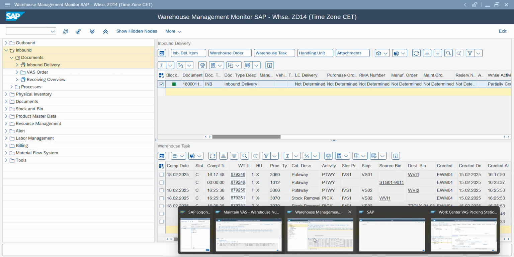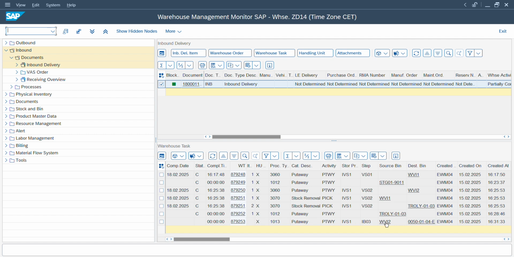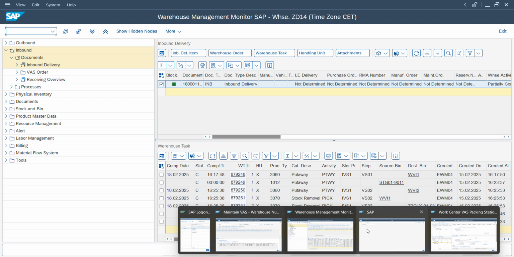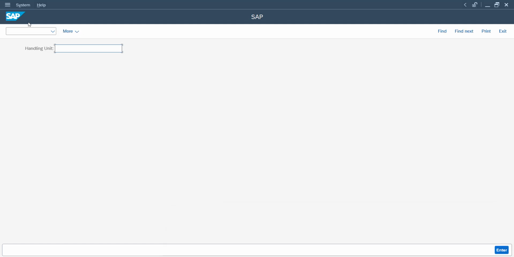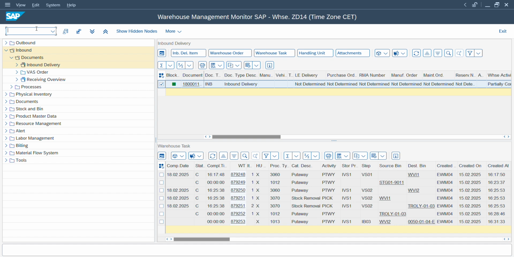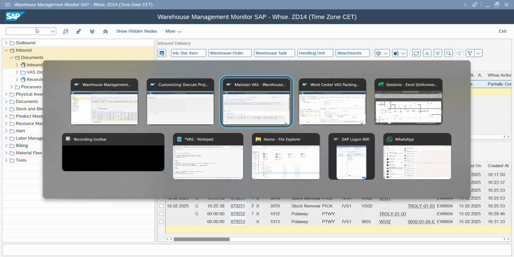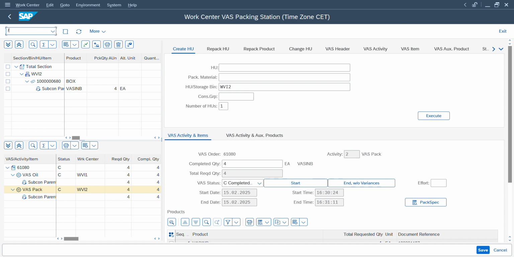Now one thing, let's take a look at this final put away task, which is saying move from VAS work center to the destination storage type. Now let's go quickly to the configuration. There are two transaction codes which we should take a look at. One is this one, the other one is